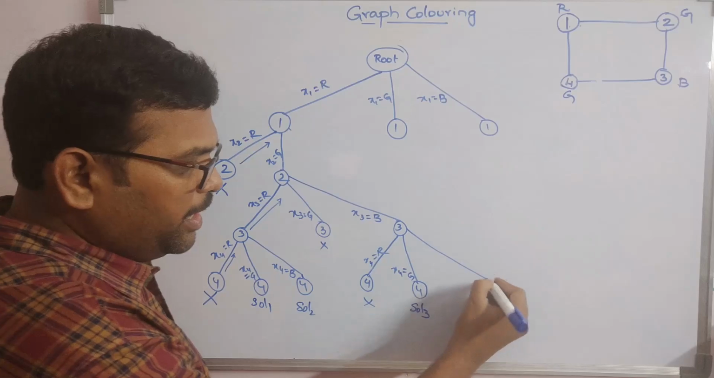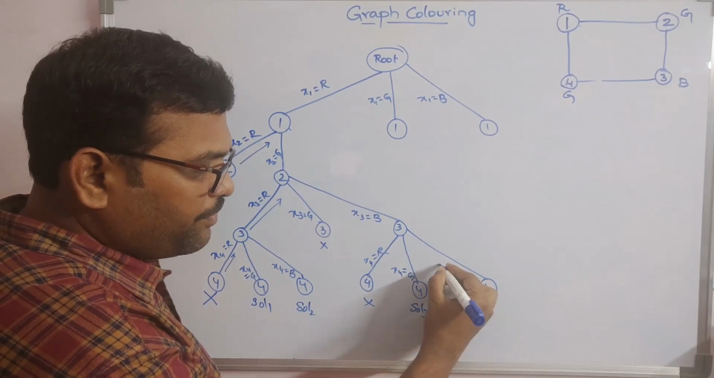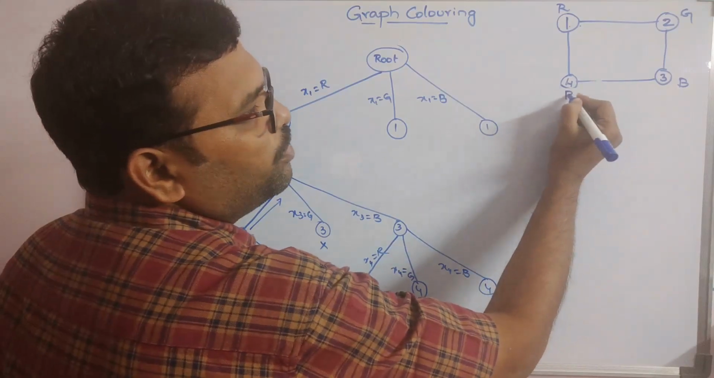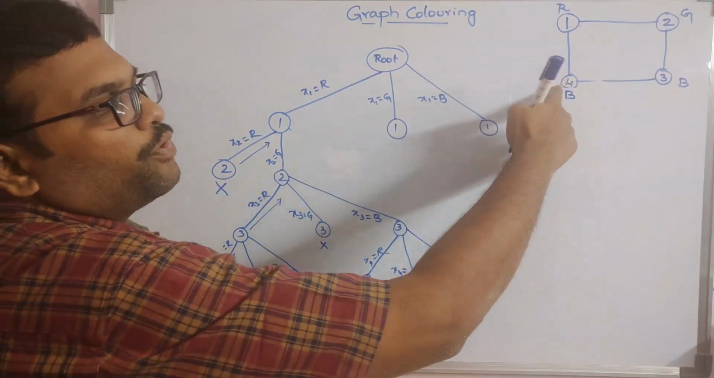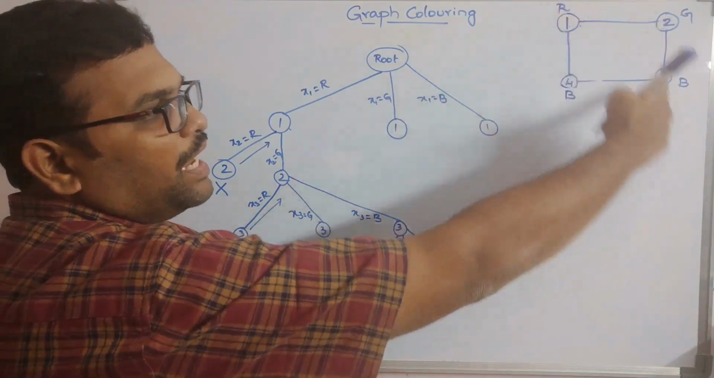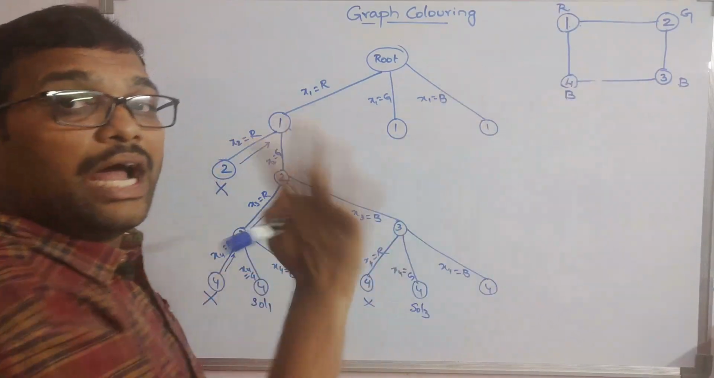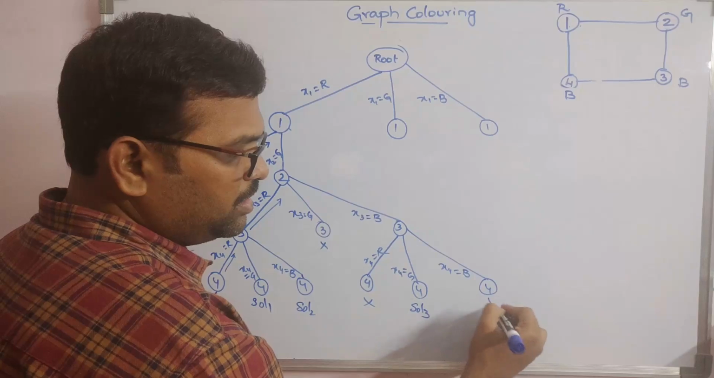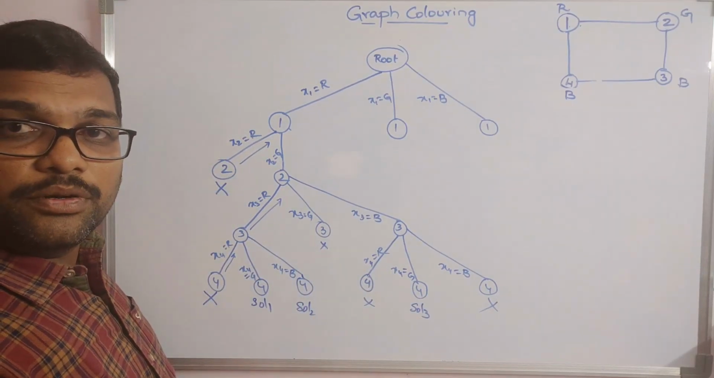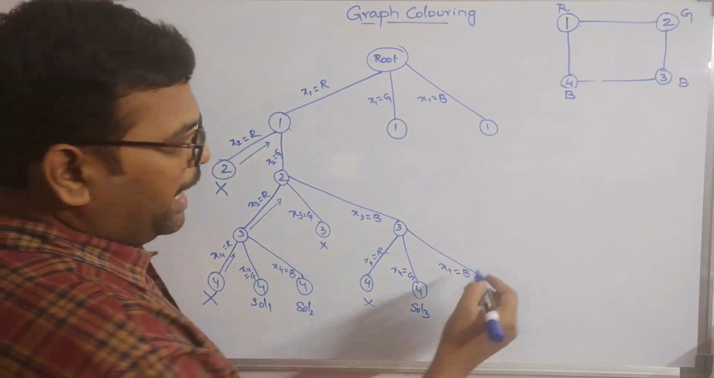And the next possibility, if 4 is filled with blue, see, 4 has the two adjacent nodes 1 and 3, 1 is filled with R, 3 is filled with blue, so 4 can't be filled with blue. So this is not possible, right? So again backtrack,